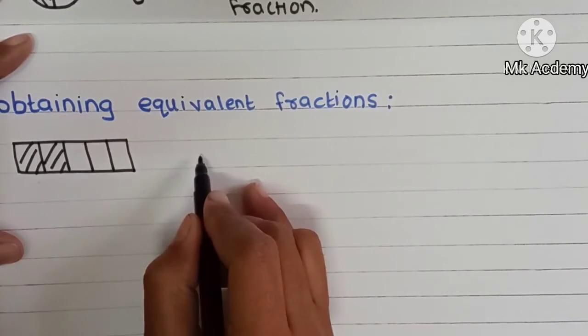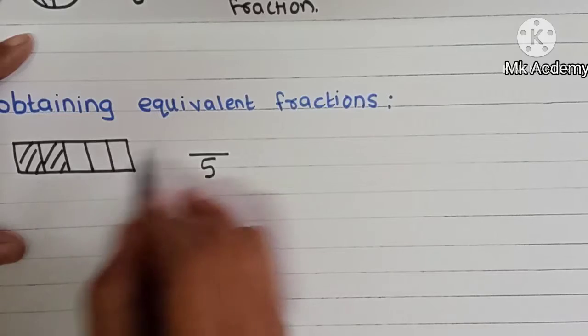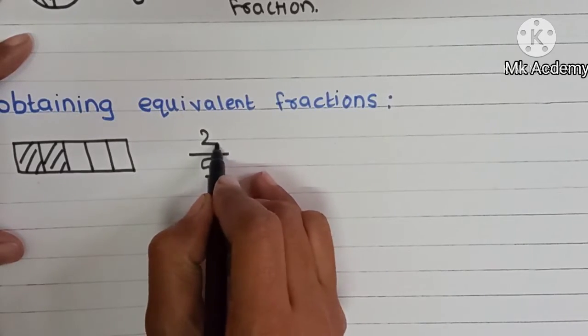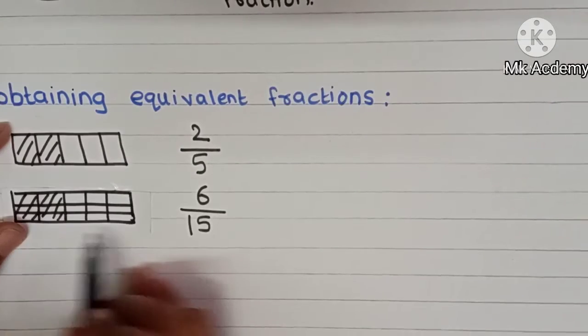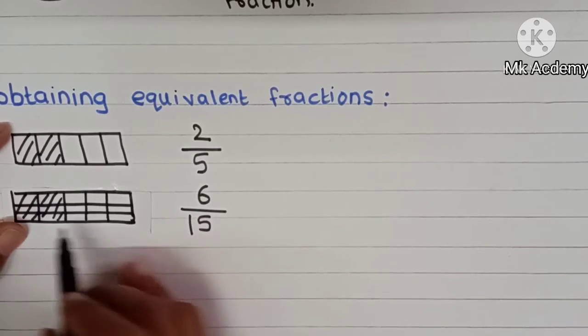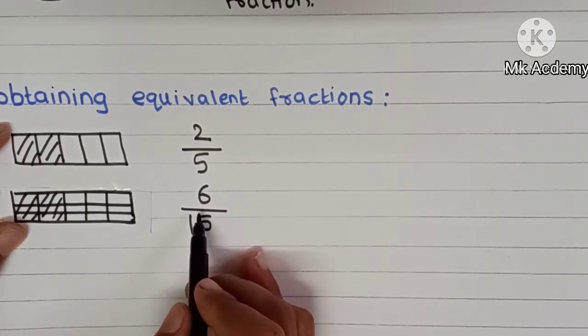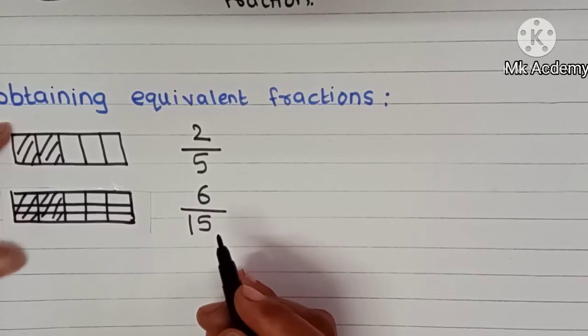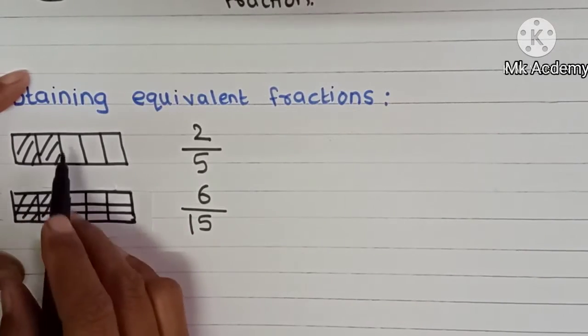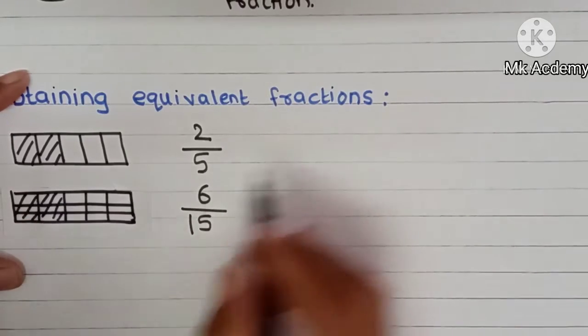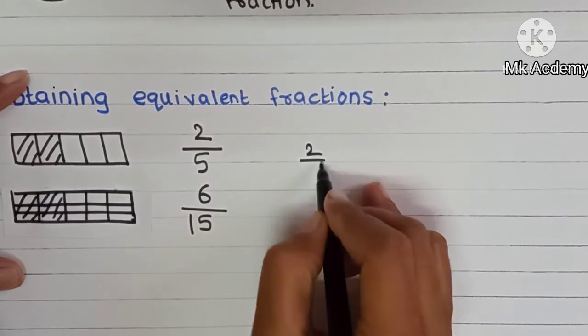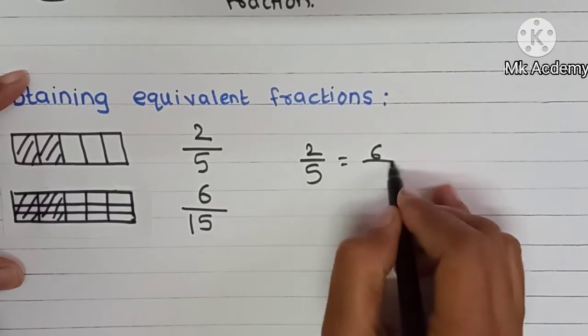Means divided this strip into 5 parts and colored two parts. Now divide into 15 equal parts and 6 equal parts are colored. Then see, the colored parts are same. Means this fraction 2/5 is equal to